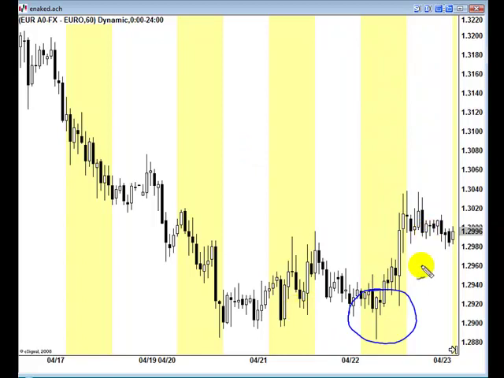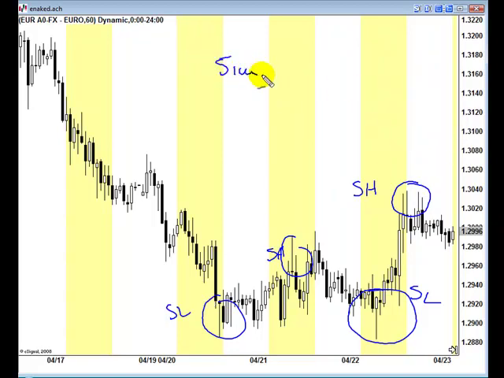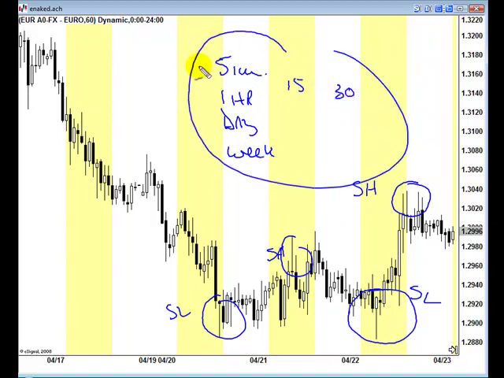There's a spike low, okay, let's call it SL. There's a spike high there, call it SH. There's another spike high there, SH. There's another spike low there, SL. And so you can see that these patterns occur all over the show. Now, whether you're talking on a 5-minute chart, or a 1-hour chart, or a day chart, or a week chart, even a 15-minute chart, 30 minutes, whatever your preference is, whatever you're trading, these candle patterns can be used